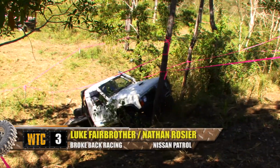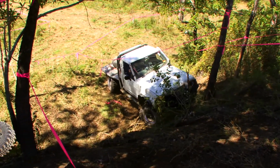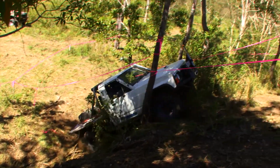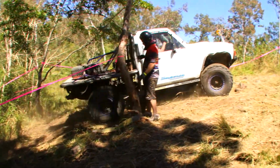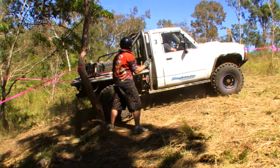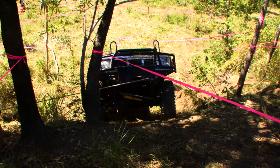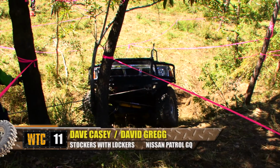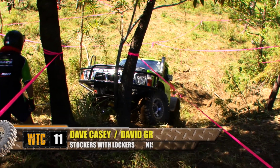Next one up is Luke Fairbrother. Now Luke's just hit the tree in his Nissan Patrol, reversing down to have another go. And look at that, he's gonna drive it as well. He's managed to get right to the top. Fantastic effort there. They're going to cross across here to Stockers with lockers. Now these guys have already done the first winch hill and onto the second winch hill, using a bit of